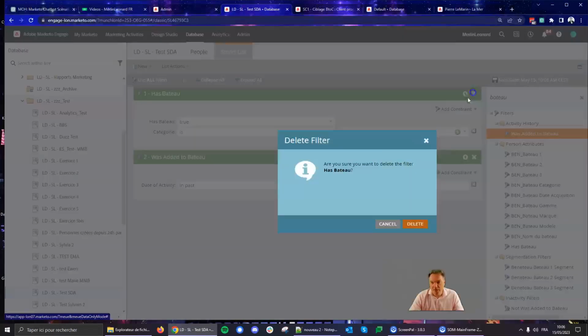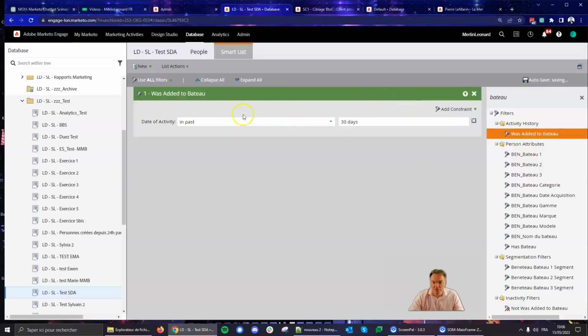So let's imagine that I want the persons who have acquired a boat in the past 30 days. That will be done with this filter. So whether they have a boat now or not, they may have acquired a boat, but if my integration also deletes the boat when the person sells a boat, I will have the person who acquired the boat in the past, but even if they don't have a boat now.